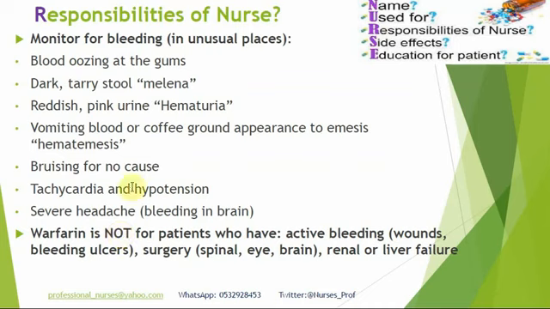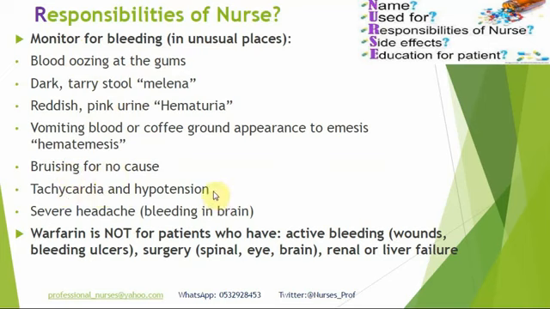So, what is our responsibility as nurses when we are dealing with a patient on Coumadin or Warfarin? Our main responsibility is to monitor for bleeding in unusual places. Examples: blood oozing at the gums, dark tarry stool, melena, reddish pink urine, hematuria, vomiting of blood or coffee ground vomiting, bruises for no cause, tachycardia and hypotension,